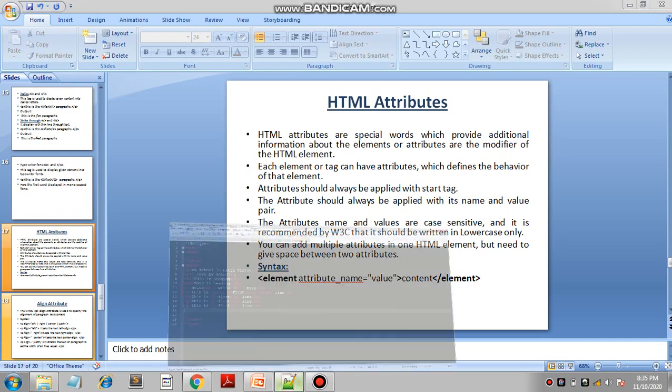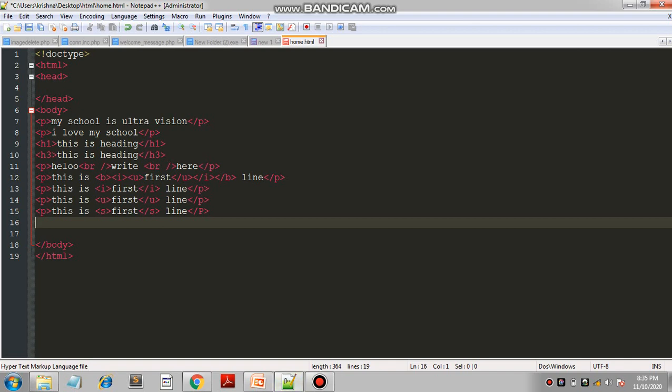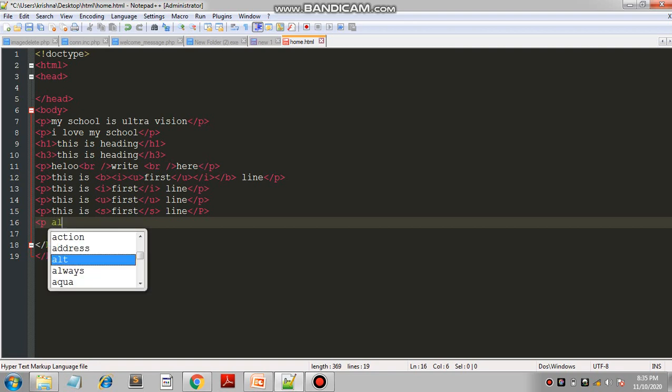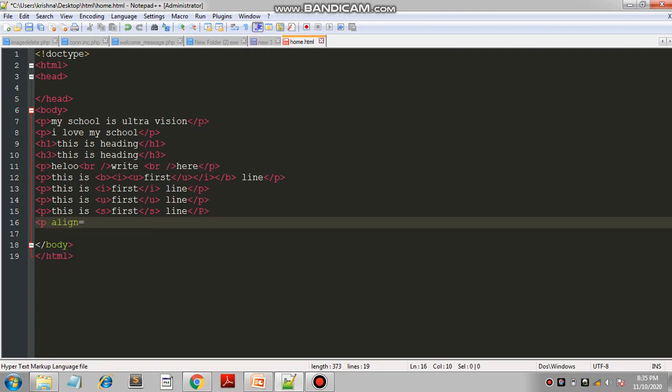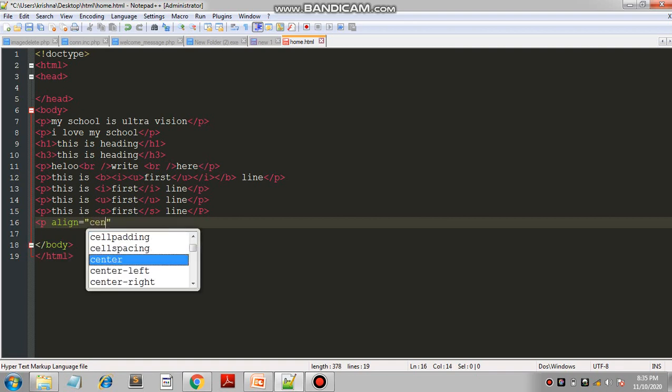Again go to your code. Okay, first we give some alignment. For that we use a p tag. If we want our sentence on our web page in the center, then we use p align is equal to, in inverted commas, center.